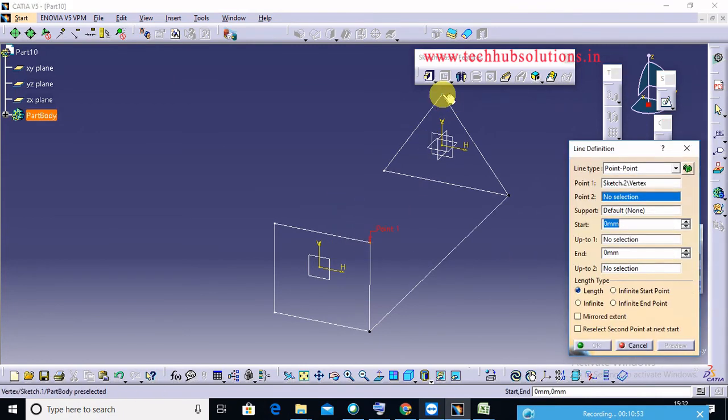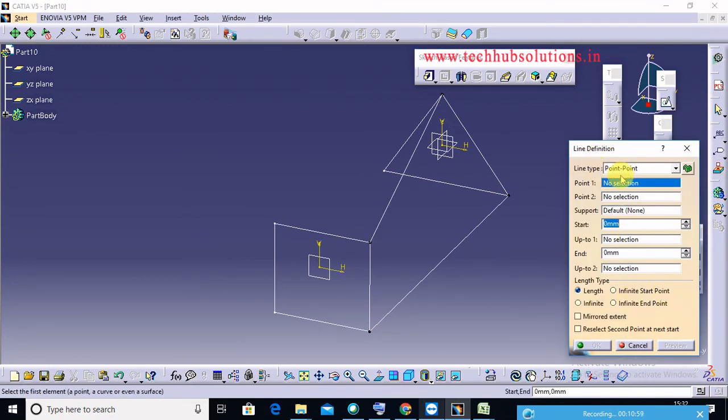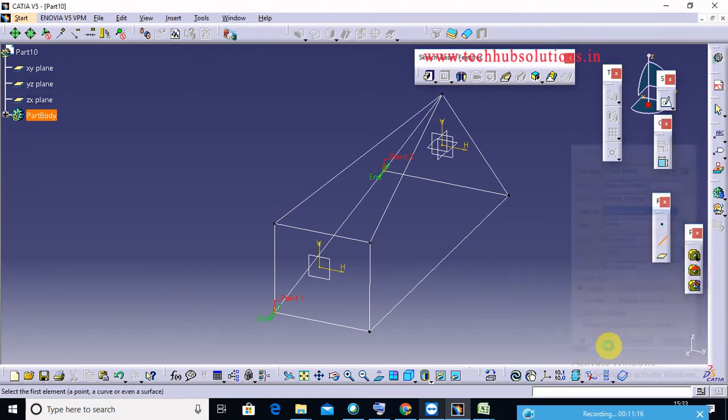So double click in any toolbar, so just select those points, then okay. So now this one is automatically coming, line definition. Also select when point is blinked, then click here, and now click here also. So now this one is okay also. Then click point and click another point also here, then okay.